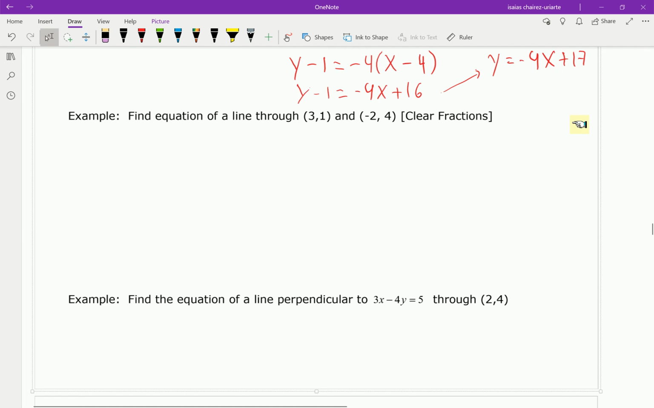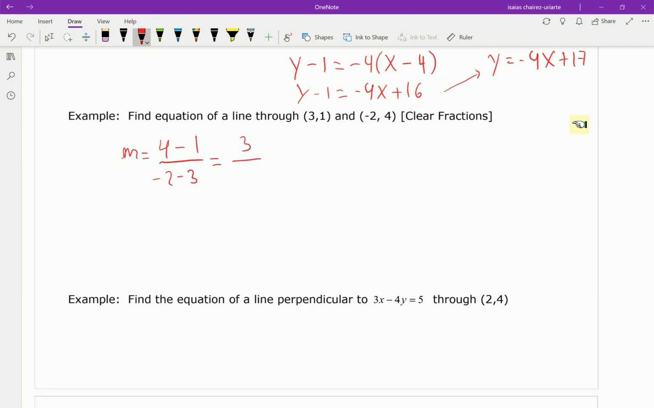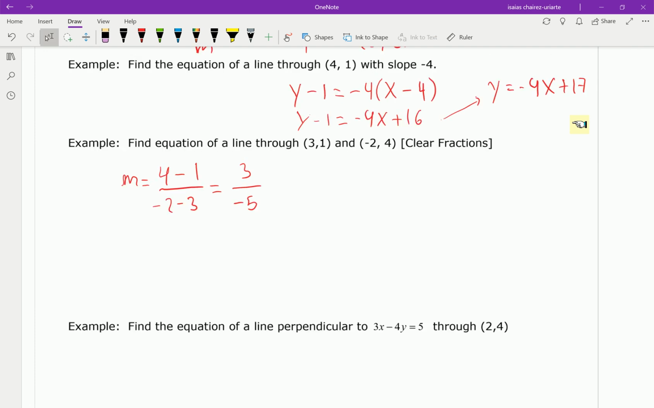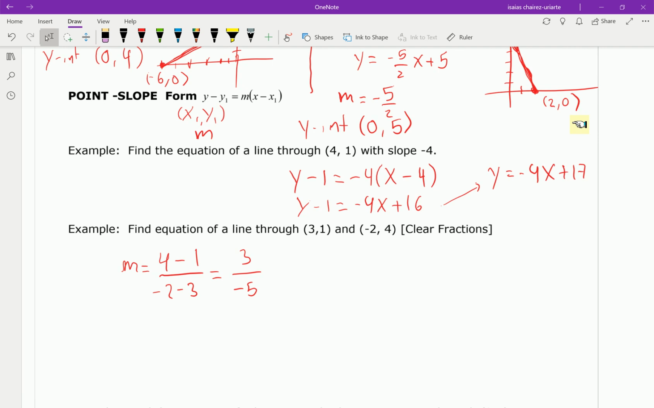Okay, the first thing I gotta do is find the slope. So let me work on the slope here. So I'm gonna say 4 minus 1 divided by negative 2 minus 3. So that's 3 over negative 5. That's my slope. Okay, now what I'm going to do is I am going to use the point slope equation,